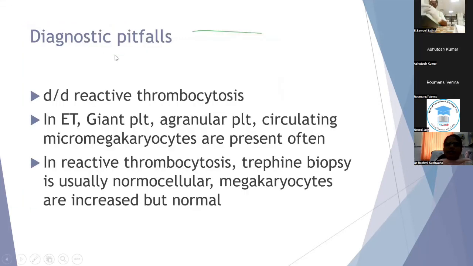Again, there are certain diagnostic pitfalls. We have to differentiate these cases from the reactive causes of thrombocytosis. Now, what are the clues that we can get from the peripheral smear and from the bone marrow aspirate